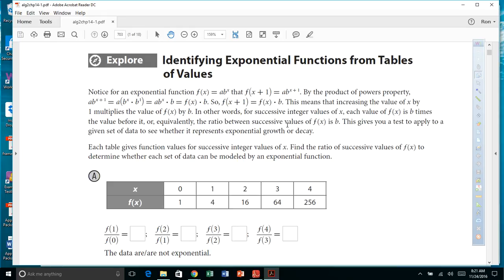This means that increasing the value of x by 1 multiplies the value of f of x by b. In other words, for successive integer values of x, each value of f of x is b times the value before it, or equivalently, the ratio between the successive values of f of x is b. This gives you a test to apply to a given set of data to see whether it represents